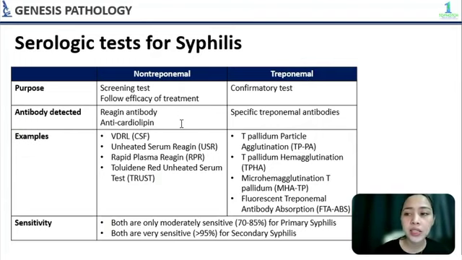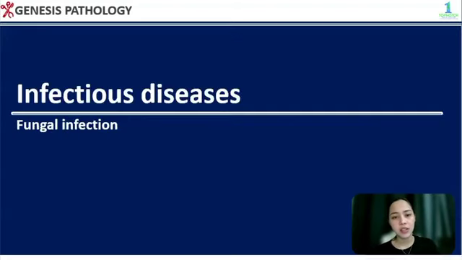In non-treponemal test, yung dinedetect dito is non-specific na antibody, yung reagent, in contrast to treponemal, na specific treponemal antibodies talaga yung dinedetect natin. So these are the examples for each type of test. Pwede nyong tandaan, no, lahat ng may R doon sa initial nila, those are non-treponemal tests. And then lahat naman ng may T sa initial nila, no, those are the treponemal tests. Yung exception lang sa rule is the trust, okay? So for both types of tests, highest sensitivity is seen during secondary syphilis.